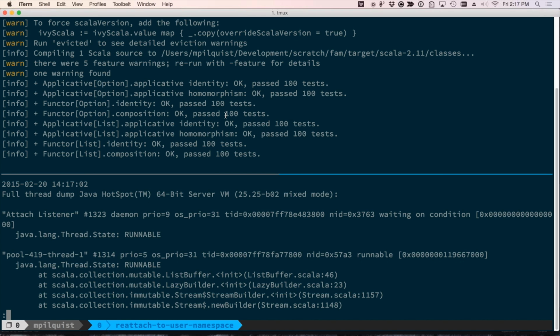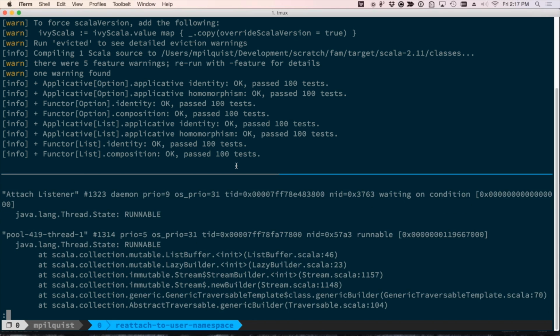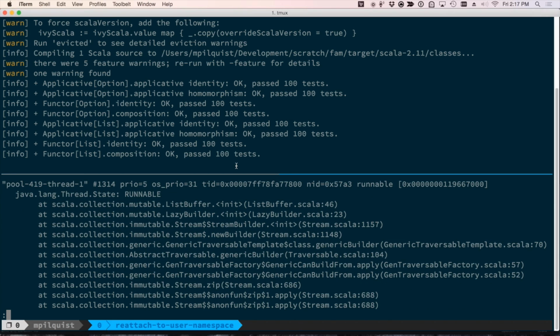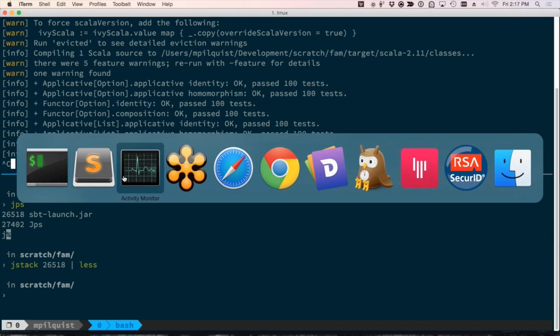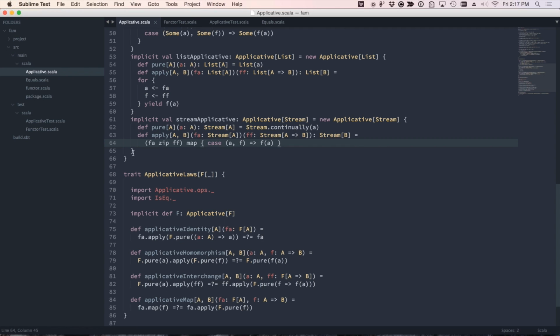But you can see it's really, really busy. So yeah, it's zipping an infinite stream right now. So anyway, I'll actually kill this and turn that off. But that is a lawful definition, and it's worth pointing out that a lot of these ideas, a lot of